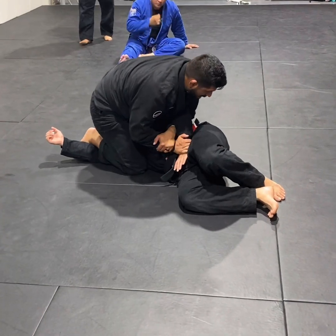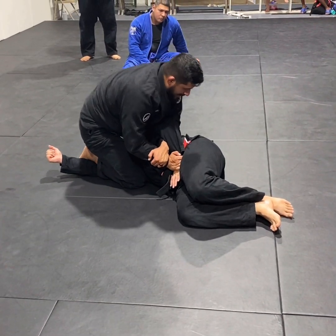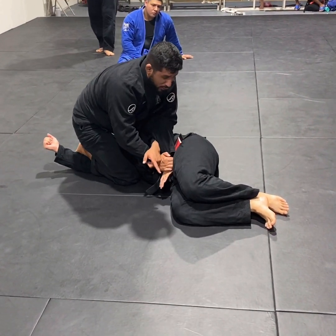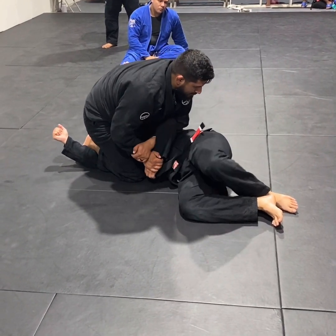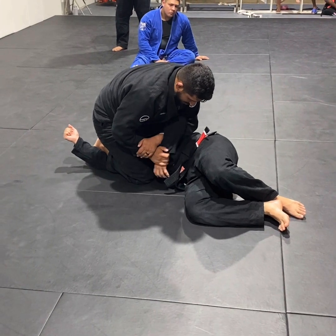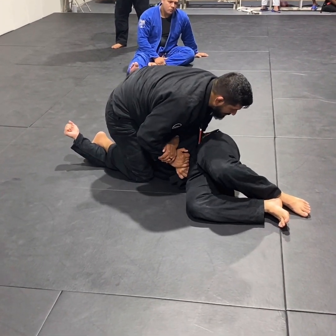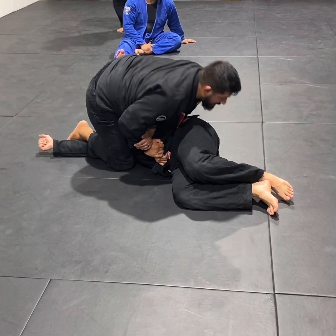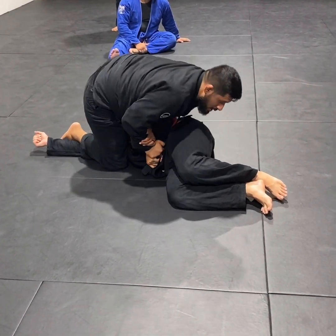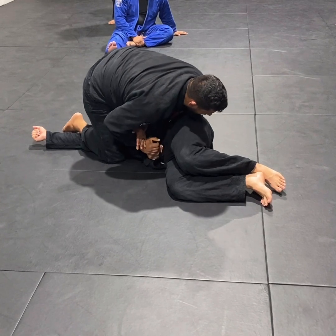Once I'm in this grip, I apply a lot of pressure behind the elbow, like I'm trying to punch his hand to the mat. He knows that I want to pull up, so even if he grabs something, more like your belt grip, if he goes to grab something and I do this, he's anticipating this. He's not anticipating forcing his hand to the mat. So I force it to the mat, and then what I like to do is I like to find the